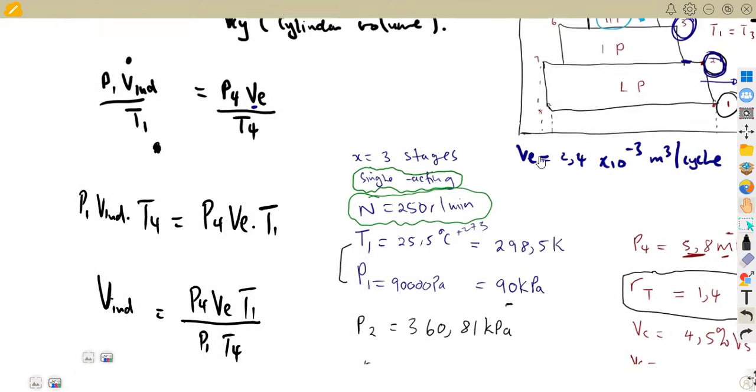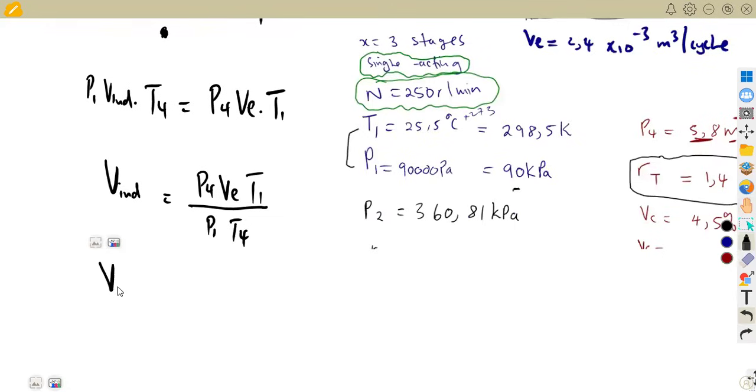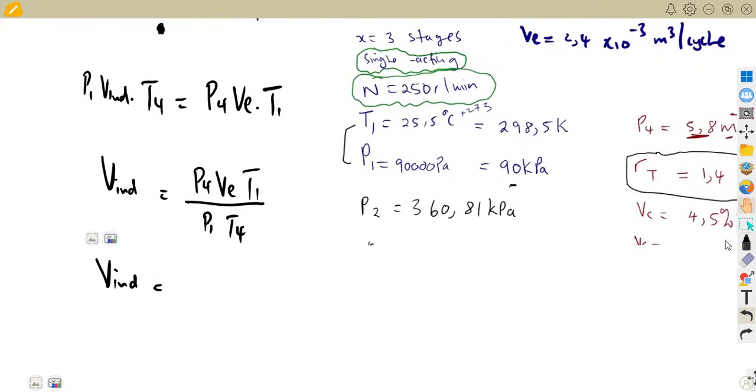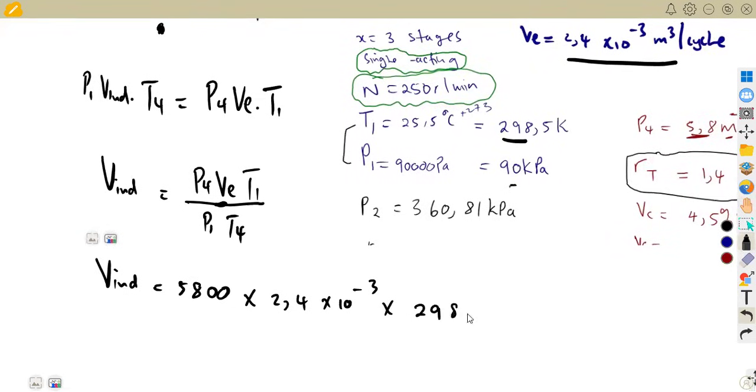All right, so the advantage is that we calculated these ones. So it's just a matter of substituting our values. P4, everything we have. Remember our P4 was 5,8 megapascal, which gave us 5,800. Like I said, VE, since our values are needed in cubic meters per cycle, we are supposed to use the VE that we calculated, the one that was in cubic meters per cycle, which is 2,4 times 10 to the exponent of -3. Don't use the one that you're given there. Times T1, which is 298,5 Kelvin,